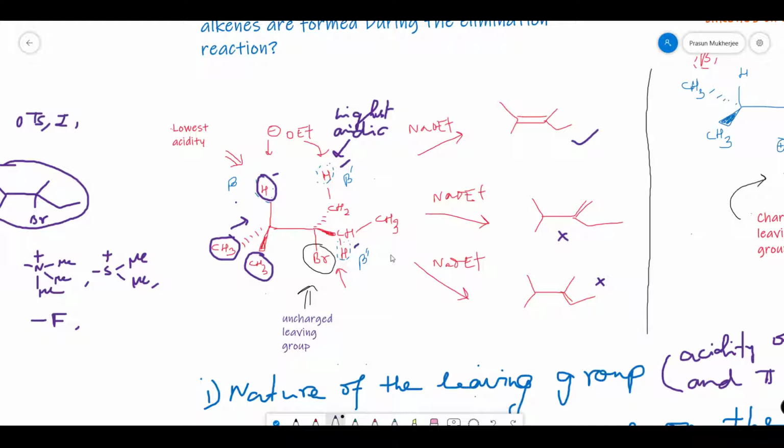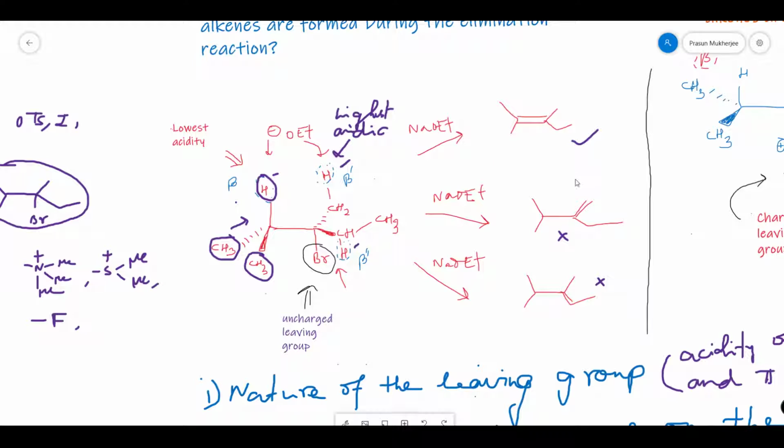What is essentially the cause for this anomaly? The base should interact with the most acidic hydrogen atom, but the least acidic hydrogen atom is abstracted by the base. To understand this, we have to consider